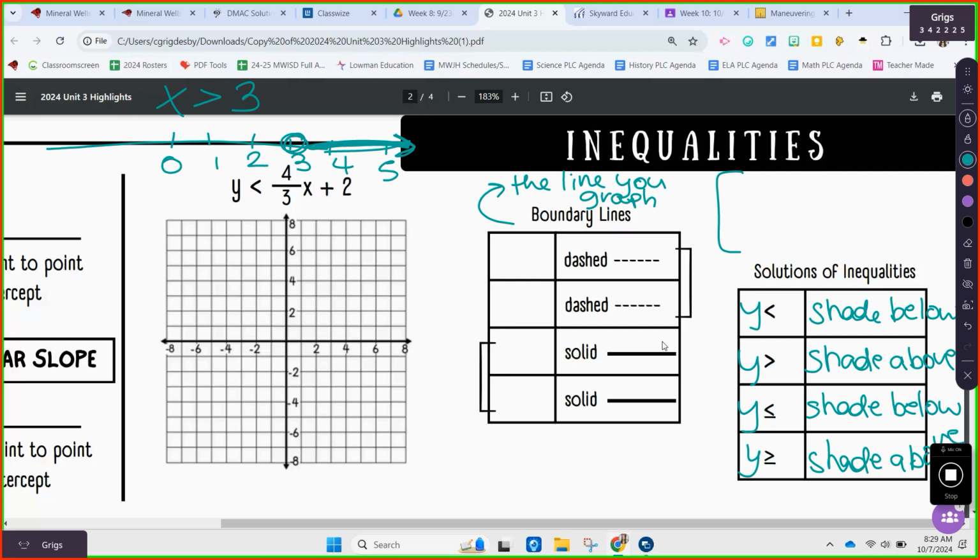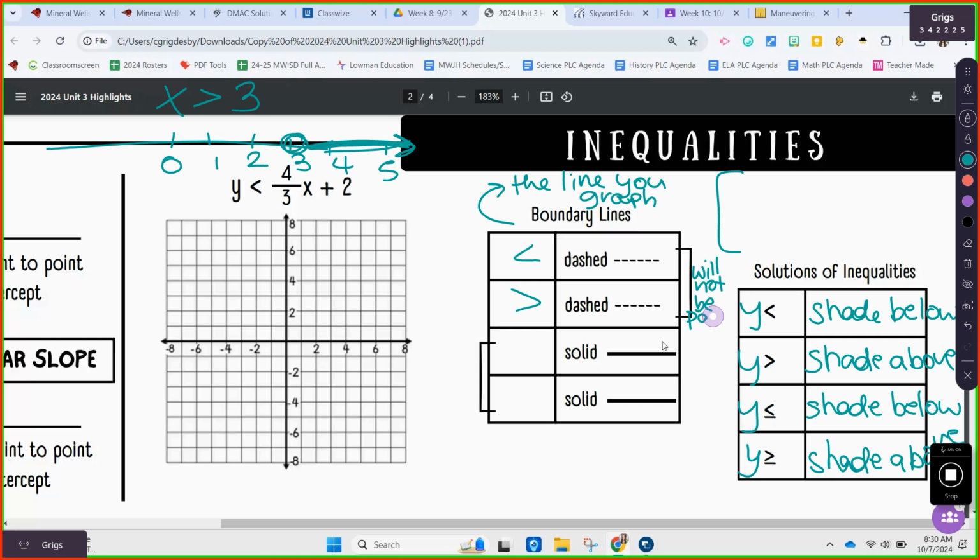Usually when I graph a slope-intercept equation, I start at the y-intercept, then I rise and I run, and rise and run again, and then I make a straight line across it. Now that we're dealing with inequalities, the line you're drawing is either going to be a dotted, dashed line, or a solid line. If it is a dashed line, it is a less than or greater than. And if it is a dashed line, whatever is on the line will not